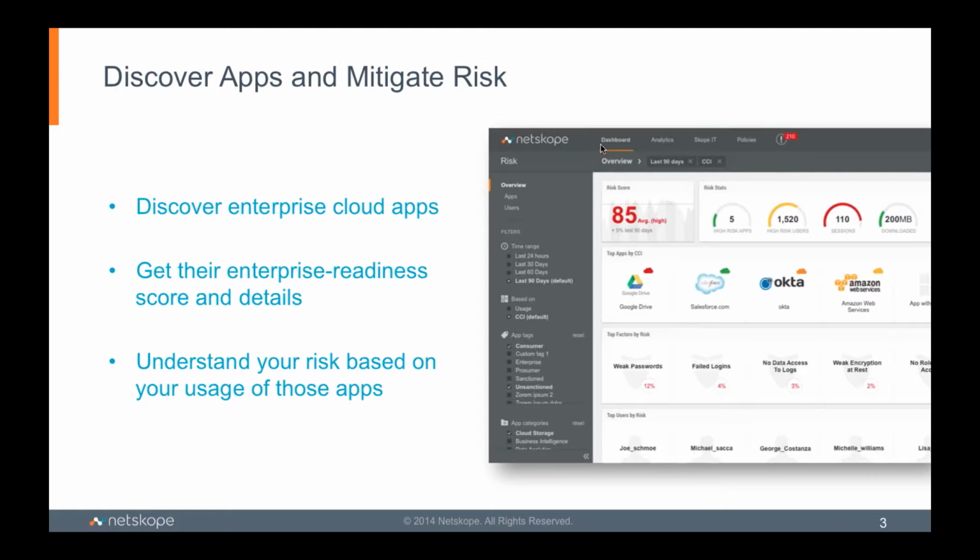We also have a rich database of thousands of cloud applications. Some of them you see here on the screen, on our UI screenshot, which allows an enterprise to understand the risk of using those cloud applications, whether they are compliant, whether they do encryption at rest, they have audit logs and admin controls, and so on and so forth. And you can use the criteria that are important for you to find out how risky these applications